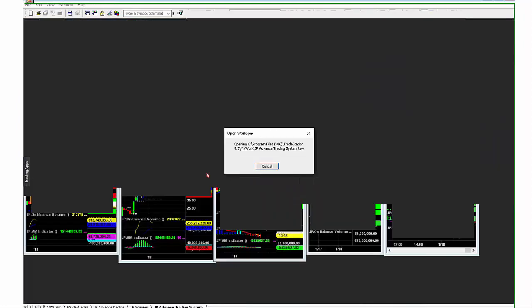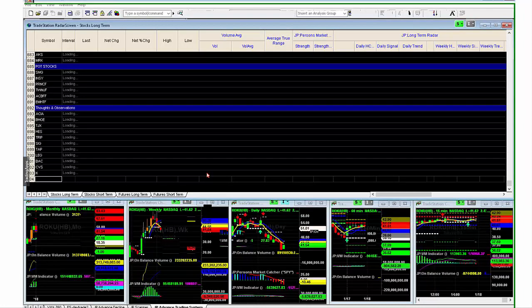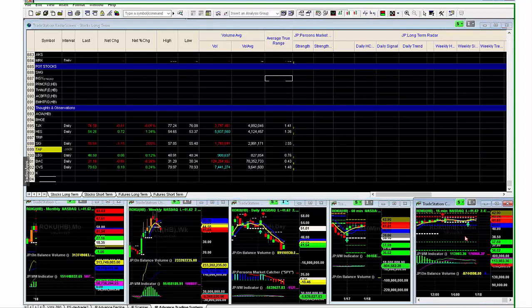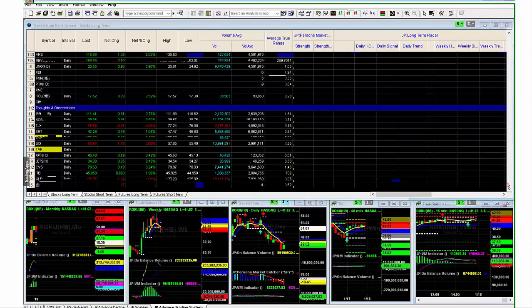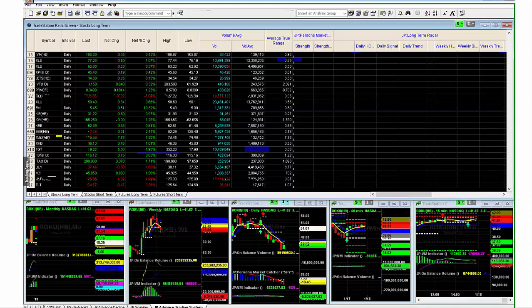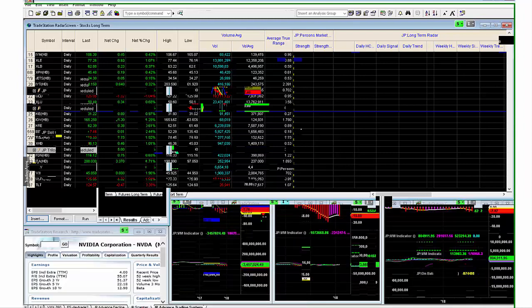Bingo. Everything just came back the way I saved it originally, not saving the crash. My radar screen's back, and guess what? My 15-minute chart's back. So that's the proper way and the nomenclature that we want. And as you can tell, it's taken a little bit to fill in the blanks here, and one of the main reasons is because I'm asking it to refresh almost 1,200 stocks or 1,200 symbols.